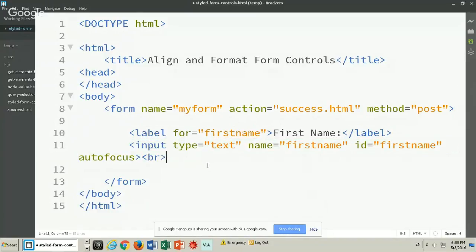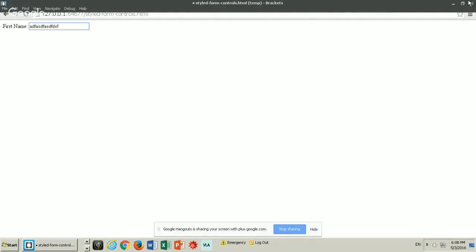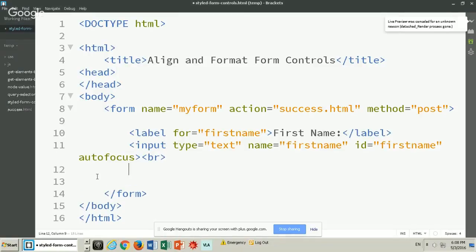Okay, so this is our first pair. Let's just run it and see, and then we're going to add more. So now they're not aligned or styled yet, but here we go. We have a form, and it has a name. I can type here, it's an input type text, and that's all we can do right now. But let's continue. So the next one is going to be